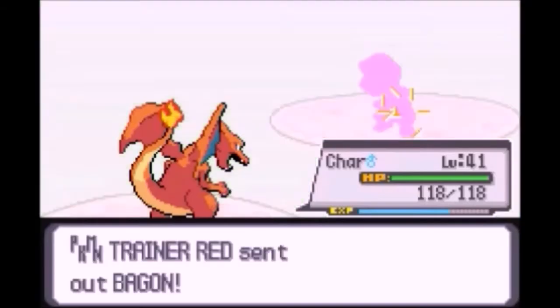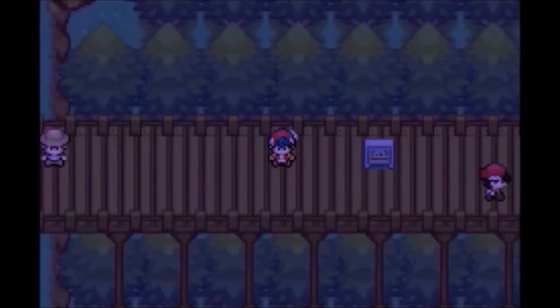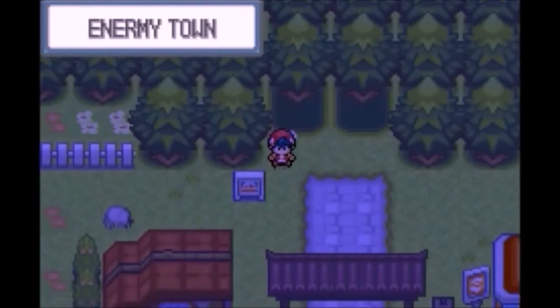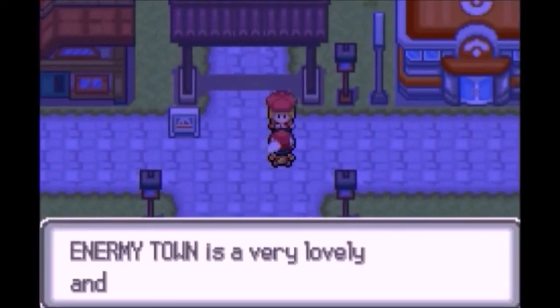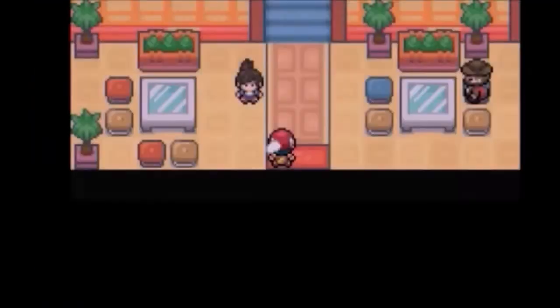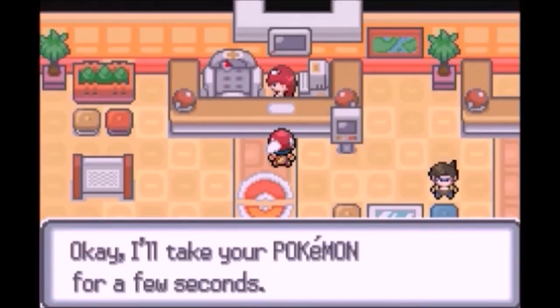Two Megas were on this man's team. And obviously he had Bagon, but I was easily able to take that out. And then he just went on to go fight more tough foes. After that, I ended up going into Enermy Town, which there wasn't really too much important going on here, I guess you could say. Just kind of went here to heal my Pokemon, just kind of have a pit stop between towns and routes,